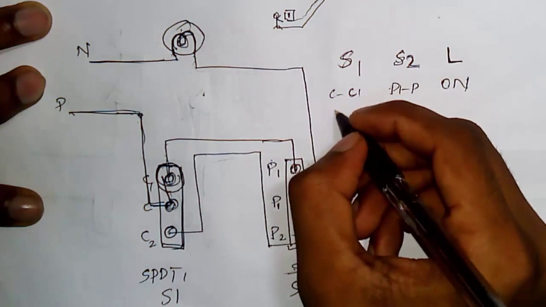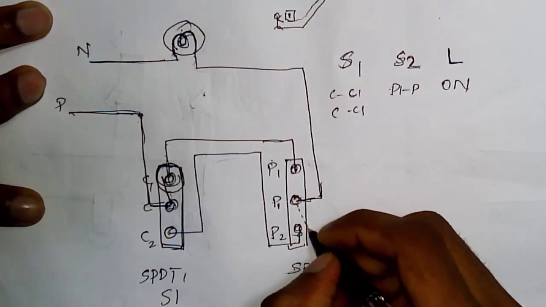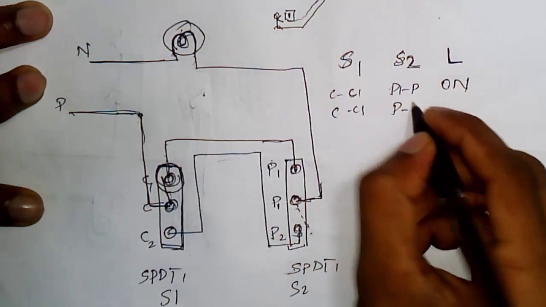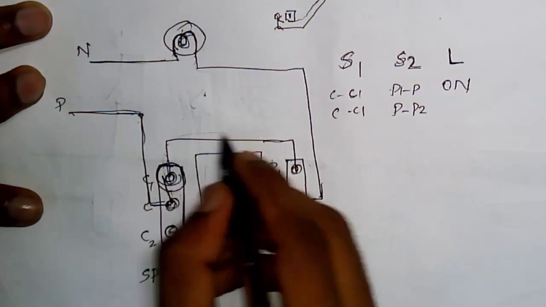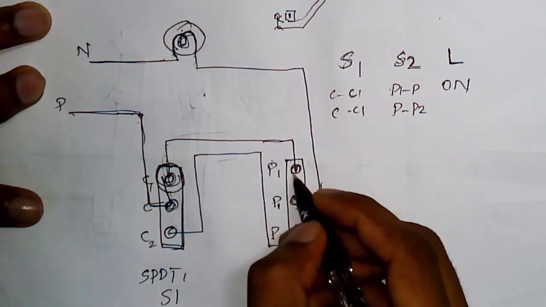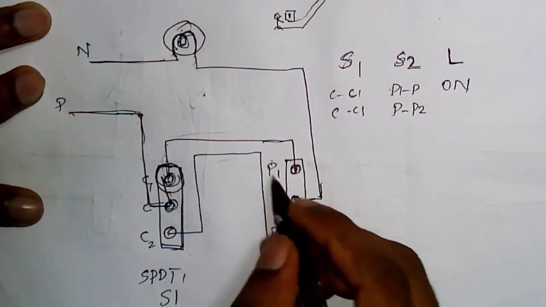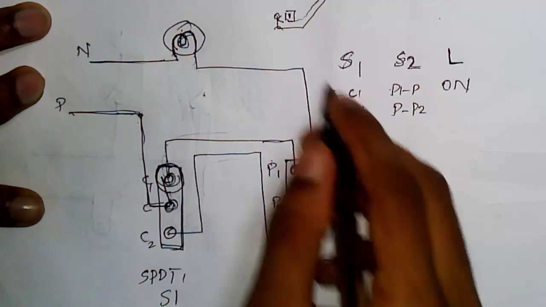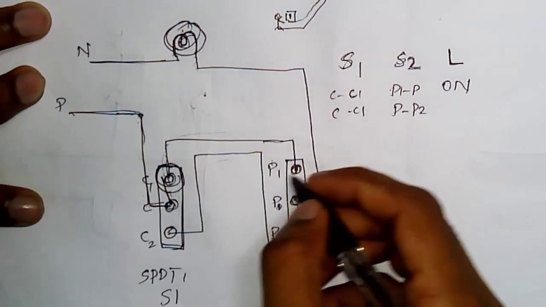And if S1 is in the C1 position and S2 is in the P2 position, then the circuit comes like this. Here it comes and here it comes, and there is no contact between P1 and P, so it does not light the bulb,